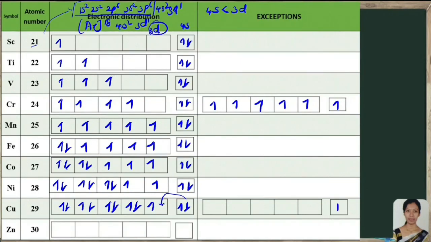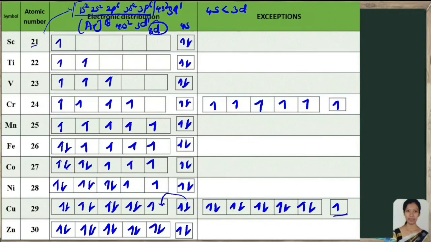That is, 4s orbital will take 1 electron, and the remaining 10 electrons will be filled in 3d orbital, so that it will acquire completely filled electronic configuration, and 4s is half-filled electronic configuration, which gets extra stability. Zinc, argon 18, 4s2 20, another 10 electrons will be filled according to Aufbau principle, n plus l rule, Hund's rule, Pauli's exclusion principle, 9, 10, like this.